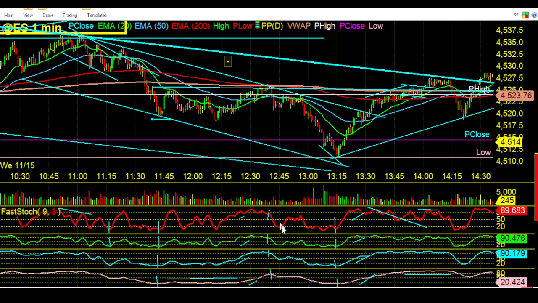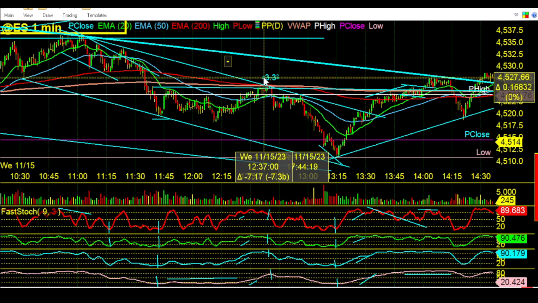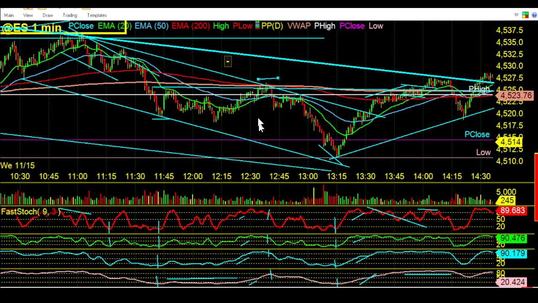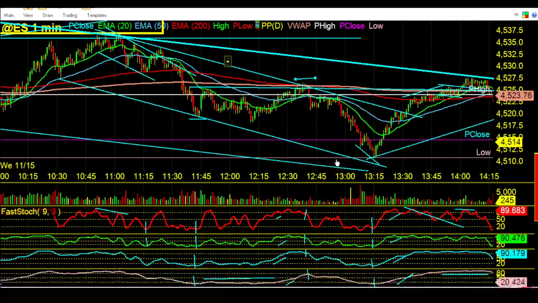And there was a good quad rotation, not here. That was a quad rotation sell signal right here on the VWAP. That's what I put there. And we dropped off. And then we came down here, and I was looking for a divergence, but I don't see the divergence. There might have been one, but it was more of a quad rotation right there. And you can see that big move up.